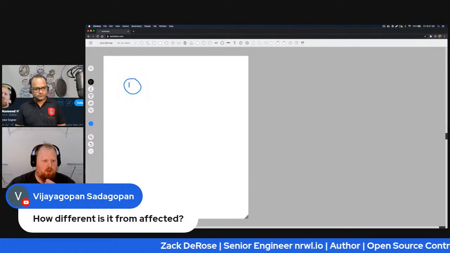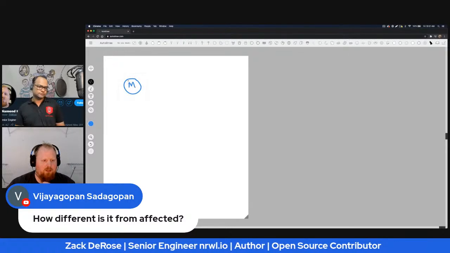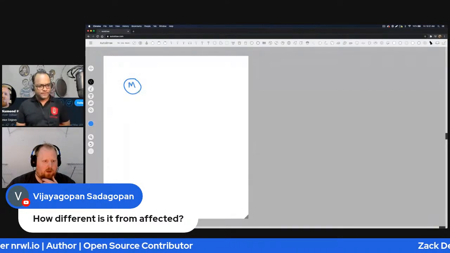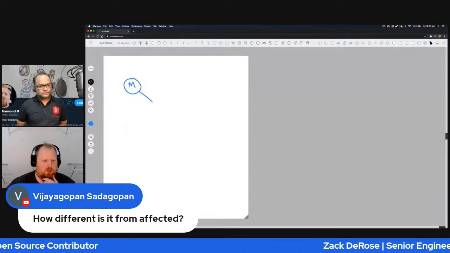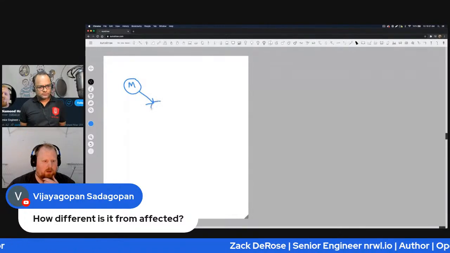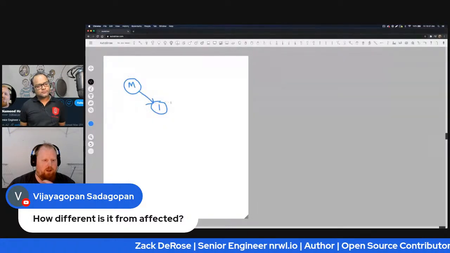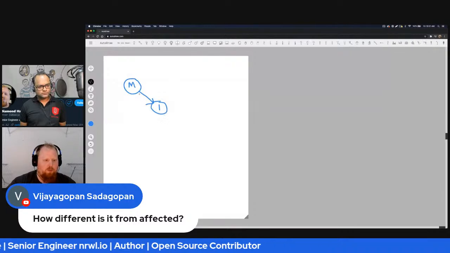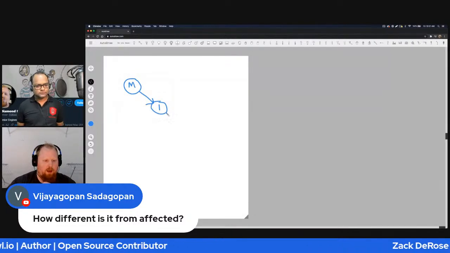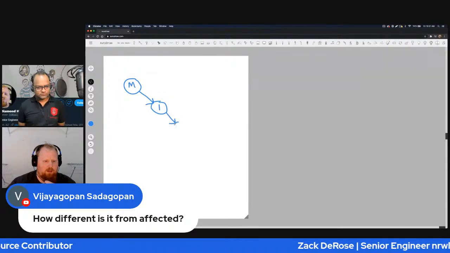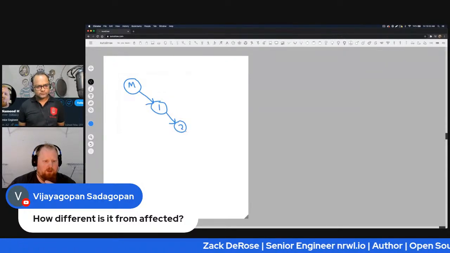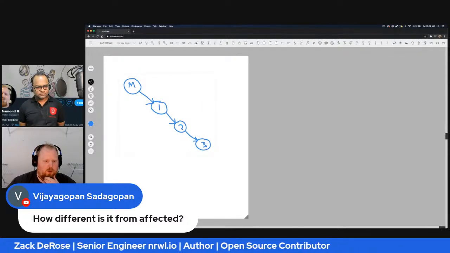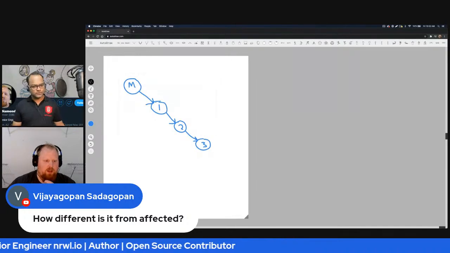And the answer is actually no, and I'll try to demonstrate that here. So I'm going to draw out a linked list here. This is like our main or master branch, if you can think of that. If we're a developer and we say, okay, I've got this story, let me make a new commit based off that branch, and I'll push that up to GitHub. Other people can review it, and we'll go from there. Then I happen to make a change that doesn't affect all that much, and then we end up making another small change here. And so we end up having this chain of events.